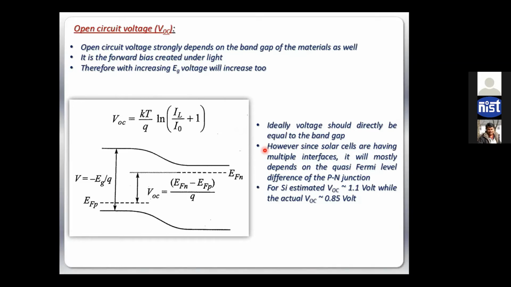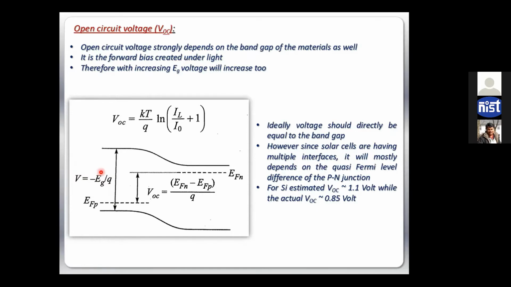So in a very simplistic way, if I think that okay, I knock one electron from valence band to conduction band, and that electron is sitting now in the conduction band of a single layer material, the potential of this system of accumulation of one electron and hole will be Eg by Q. Very simplistic way, right? So now if this is the photovoltaic, because this creation is due to the photovoltaic effect, so this is the photovoltage. So the maximum theoretical photovoltage I can generate is the band gap, right?